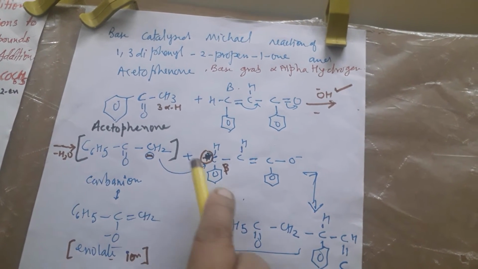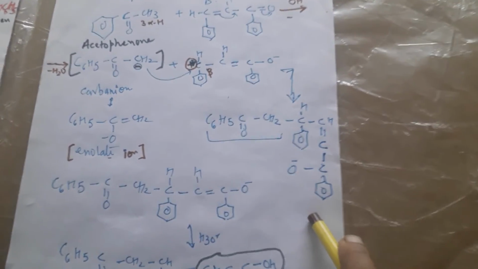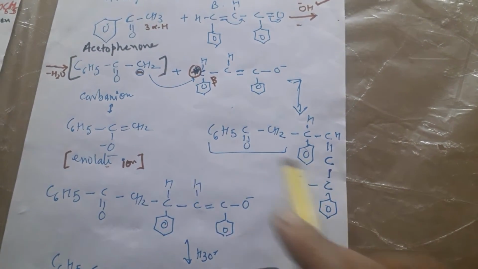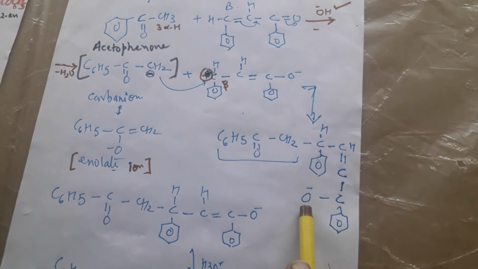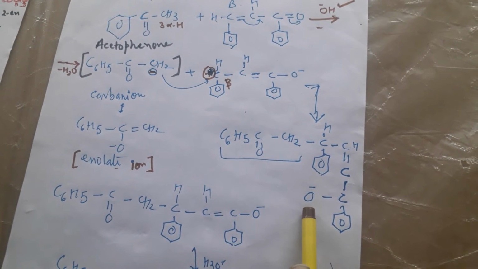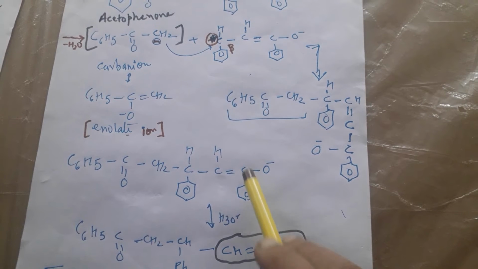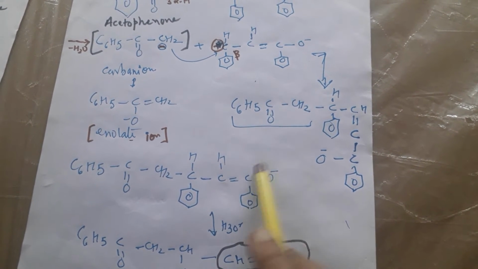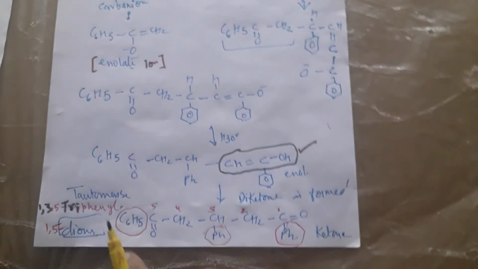So here, as it is, you write the complete part with CH, and the rest of the same thing you have to write. Okay, so no need to worry about the length of the chain. As it is, you can write it like this. After that, what will happen? Since O negative is here, on hydrolysis this O will take an H from here, so it will become OH. Now this carbon is having OH, and this is the ene, so it is enol. This is enol formation that takes place.